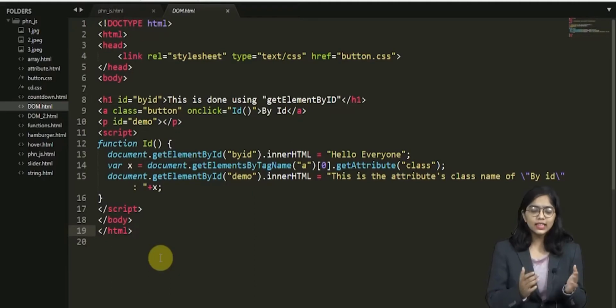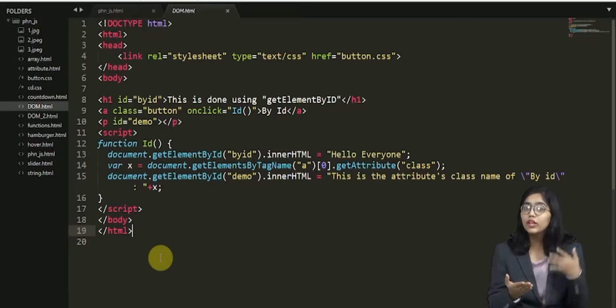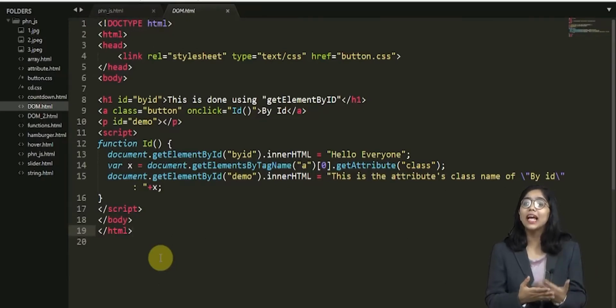Since the class over here is an attribute of the tag, how do we get an attribute? To define an attribute, I can say that whatever comes along with the tag, kind of a property of the tag, is an attribute. We have learned about this in the previous tutorial in HTML and CSS. So if you have a little bit of doubt, you can go back to the HTML and CSS tutorial and revise that concept again.